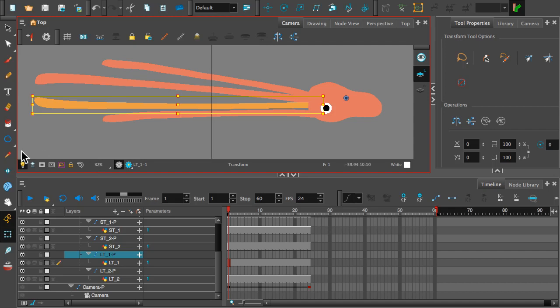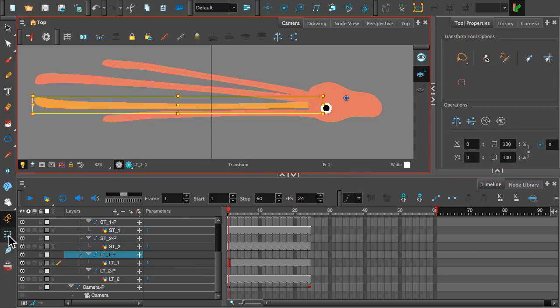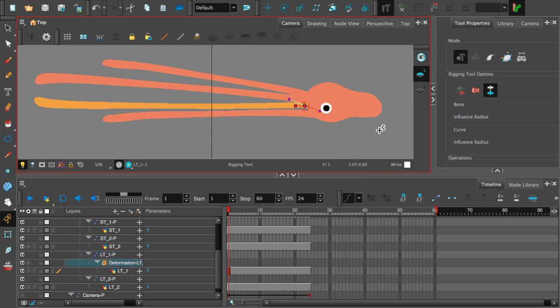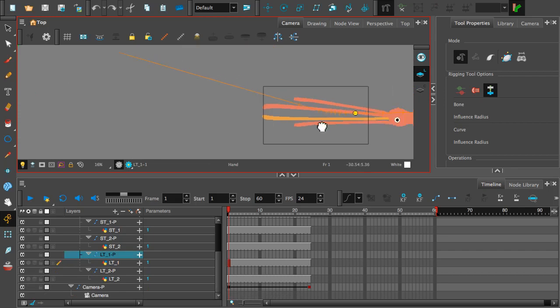So I've selected the peg and it's gone yellow because animate mode's on. So that's what it looks like, it's just highlighted out. Transform mode brings it up. But what I'm going to do is go up and select my rigging tool. Hello. I've got one there. I don't want that. Sorry, I just saw that I had a...